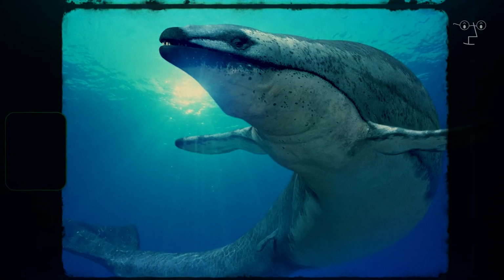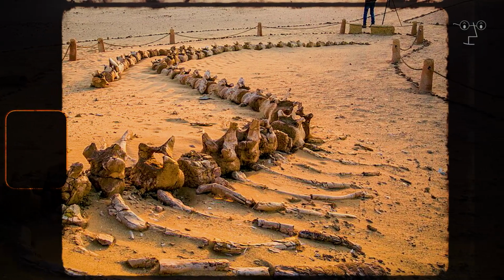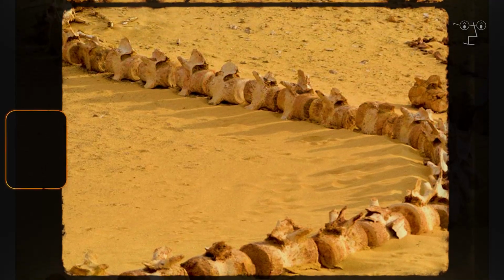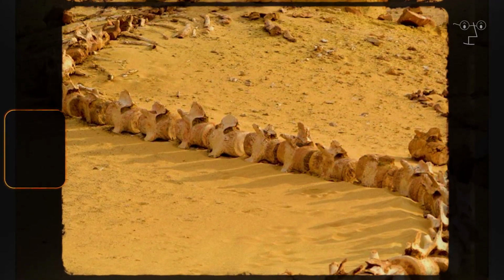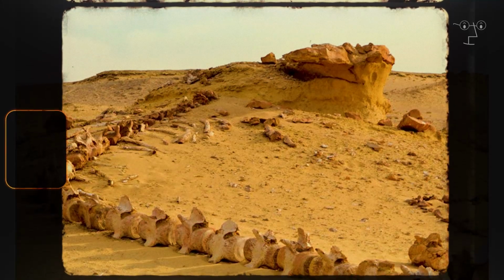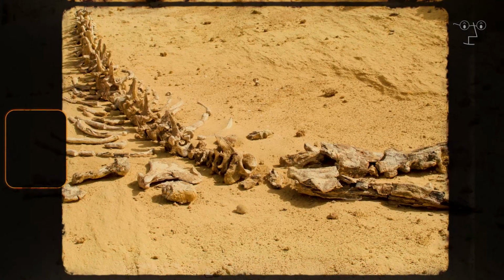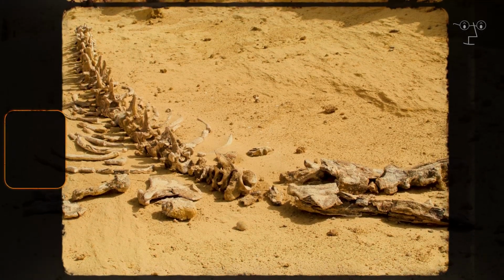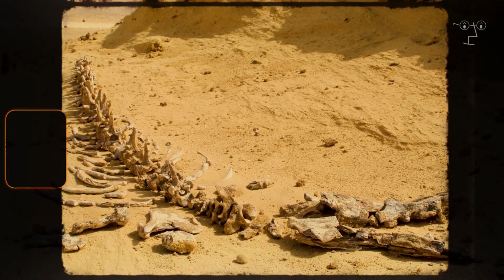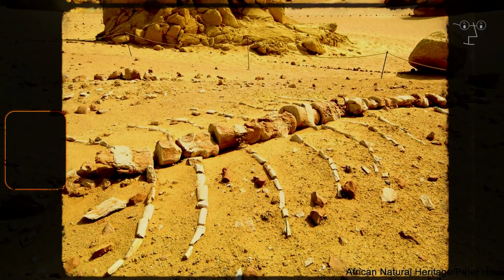During the Eocene period, which dates back about 40 to 37 million years, this region was submerged, part of the extensive and shallow Tethys Sea. Understanding this ancient marine environment is crucial, as it provides context on how and why these fossils were deposited there. The Tethys Sea was a thriving habitat for a variety of marine life, including large marine mammals like the whales